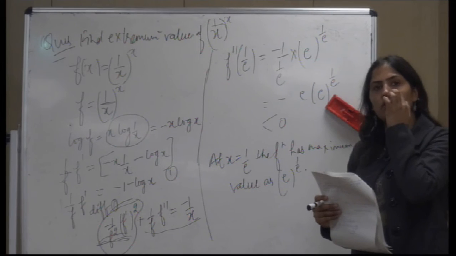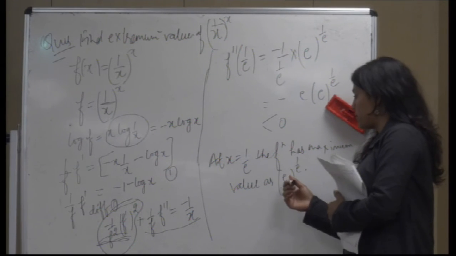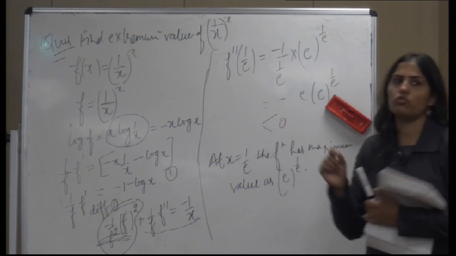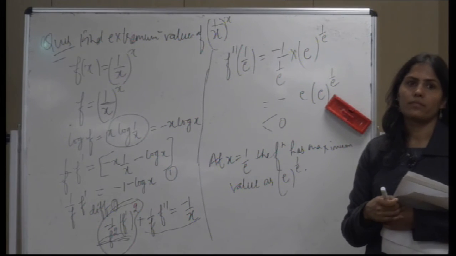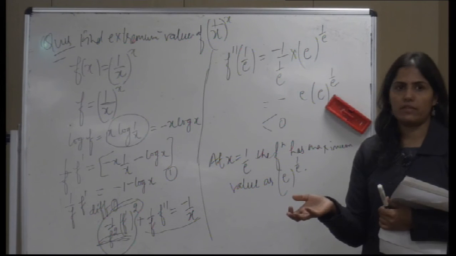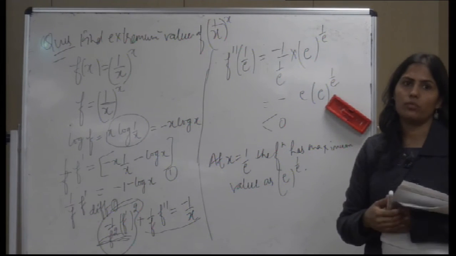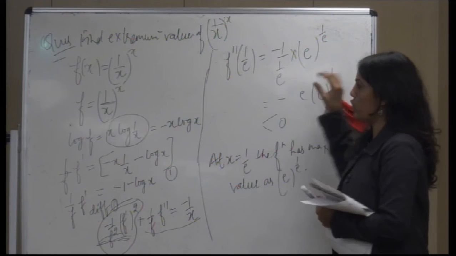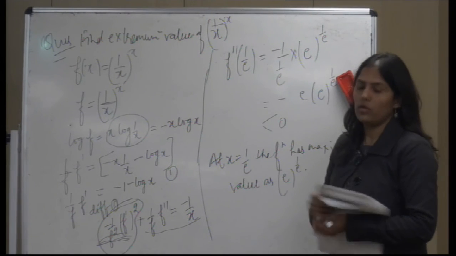There is another method also. If you are given that this is the maximum value or this is the point of maxima, then what 2 things should you check? Directly, second derivative less than 0, and that at that point the derivative should be 0. These 2 points help to know the answer quickly. Is it fine? Okay, now